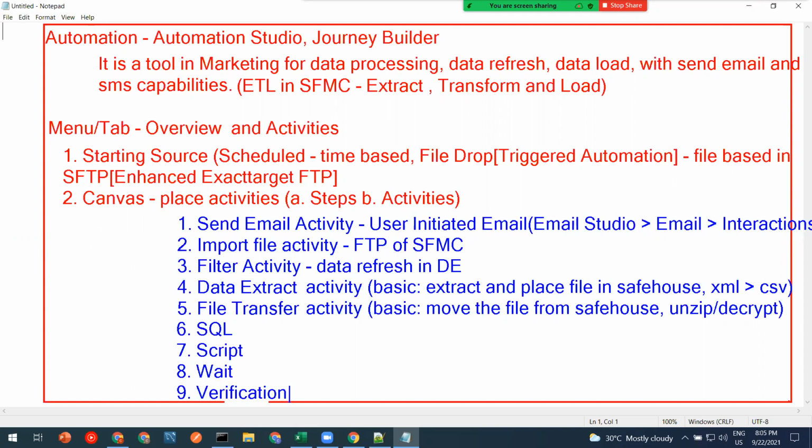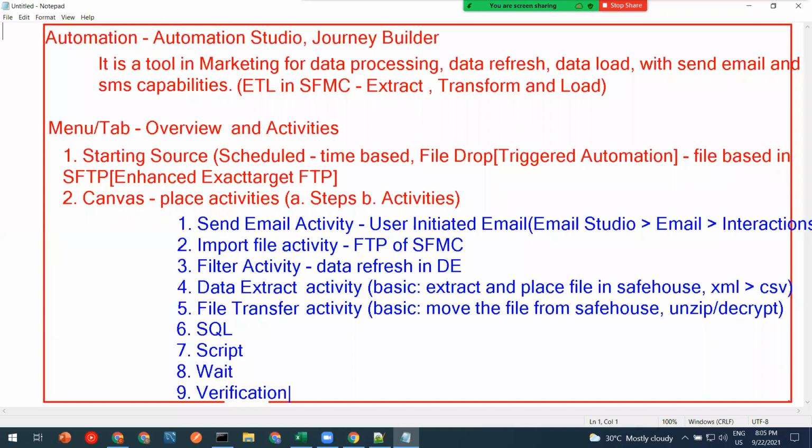If someone asks you how you bring two different data extensions into one, that is SQL. How do you bring data from a file which is placed in FTP? The answer is import file activity. How do you refresh the data before the email is sent out based on criteria? It might be gender, date, opt-in, anything. But I don't want to do it myself. I want someone to take care of refreshing the information, because for anyone celebrating a birthday today we need to refresh the data. If we don't want to do that manually, we go with filter activity. These are the things we should know.